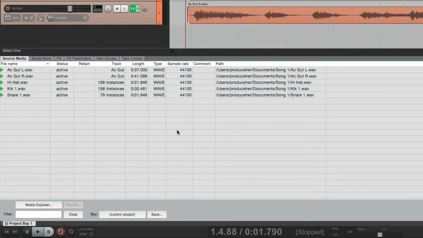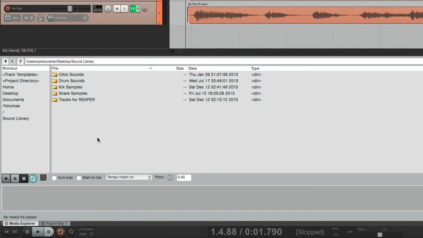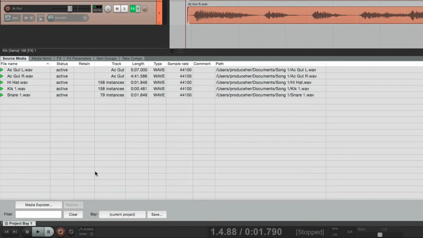But if you do want to import files from your computer, we can still do it through this window. We can go right down here, the Media Explorer, and that opens up that. So from here, we can add files to our project. But let's close this, as we dealt with that in the last video, and let's deal with the Project Media